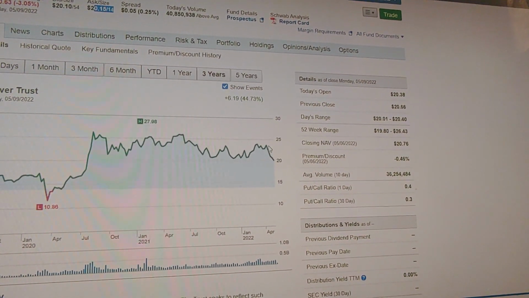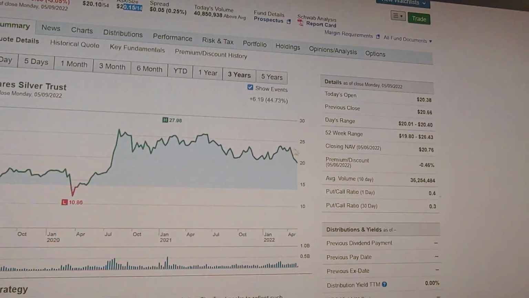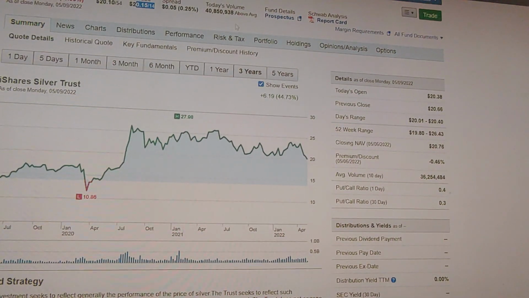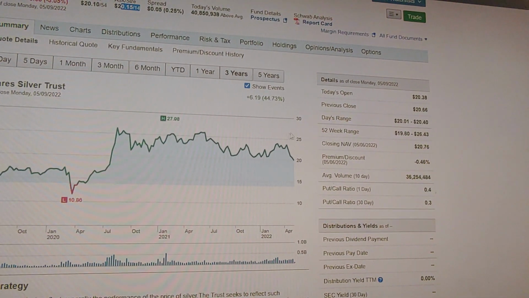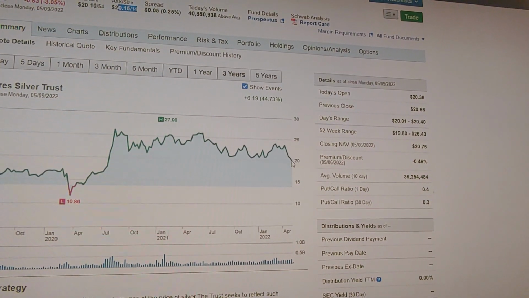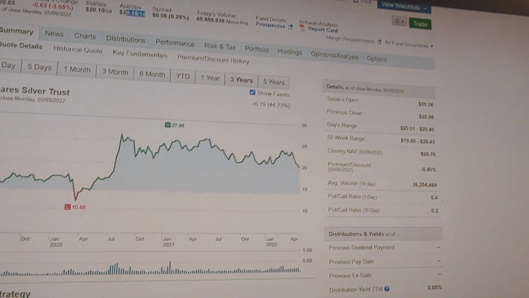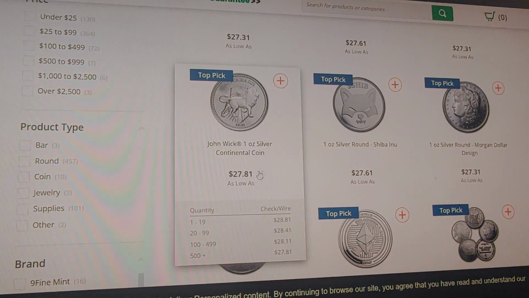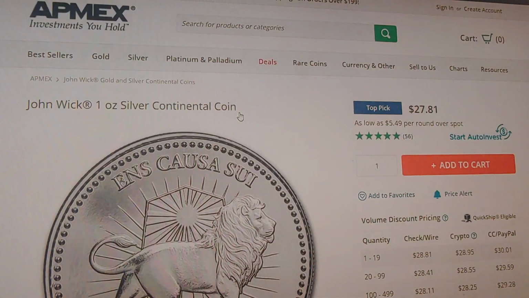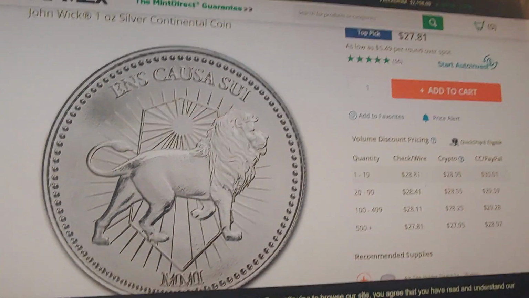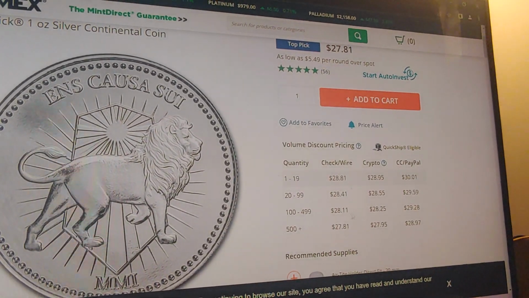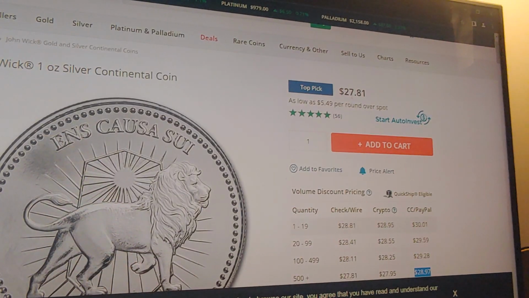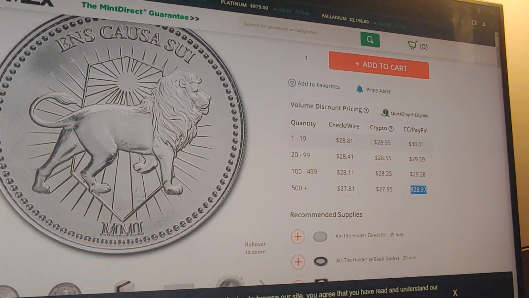So even if the market did go from about here, $24, $23, they usually add about $3, so that makes sense, $27. But even if it did go down to $20, the store's still asking $27, and that's not including tax. And that's the lowest price, because if you buy in bulk, they give you better deals. Like this one right here is $27.81,